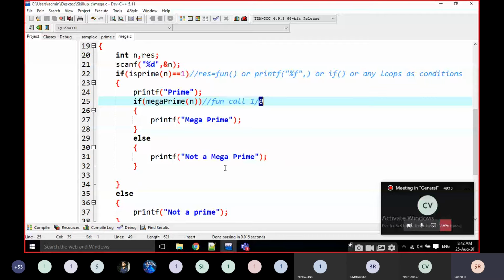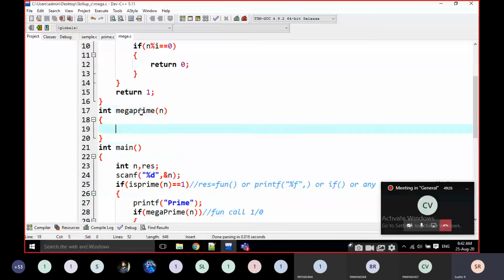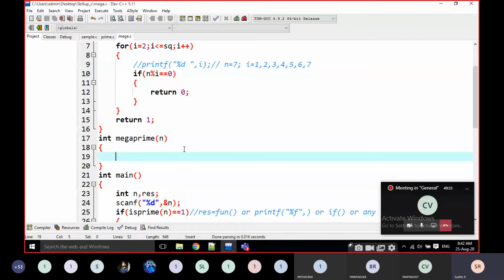That is not a mega prime. The return type is integer. I am assuming 1 or 0, right? That's why I am going to check here int mega prime of n. That's it. Now I am going to write here.